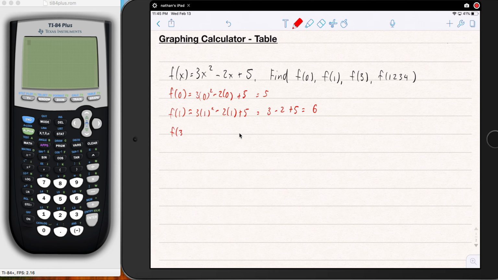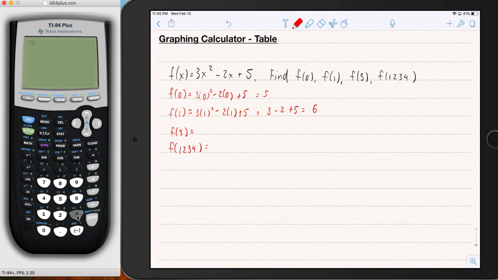And you're like, f of 3, okay, now you got to think a little bit more. And then you get to 1234. Sure, you can manually plug and chug. Here you can go 3 times 1234 squared minus 2 times 1234 plus 5 and get an answer directly from there of 4565805. But I want to show you how you can use your graphing calculator to find all of these values